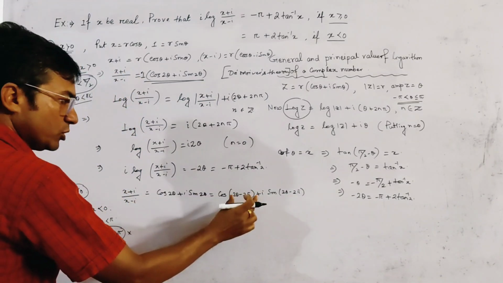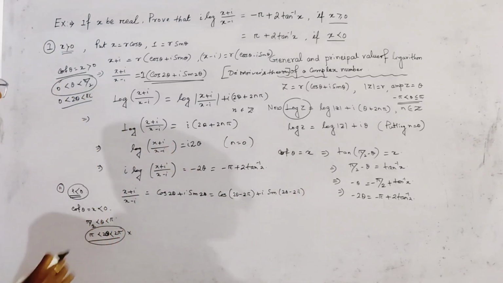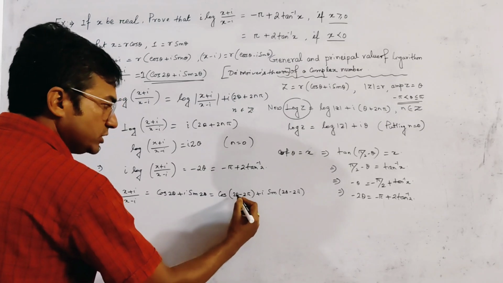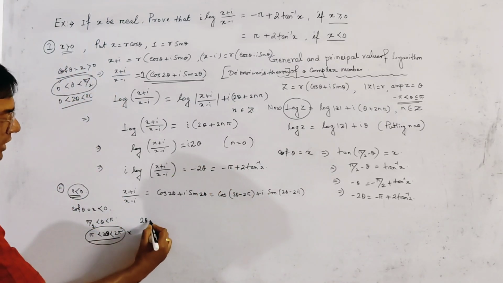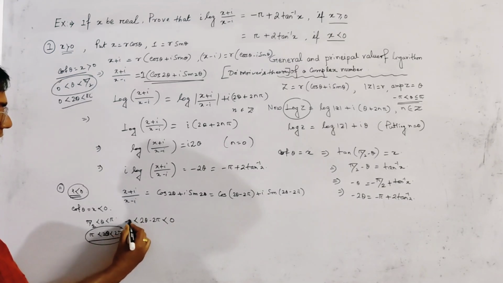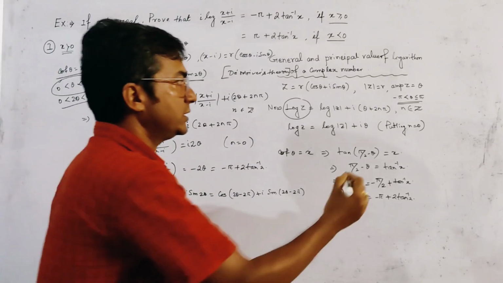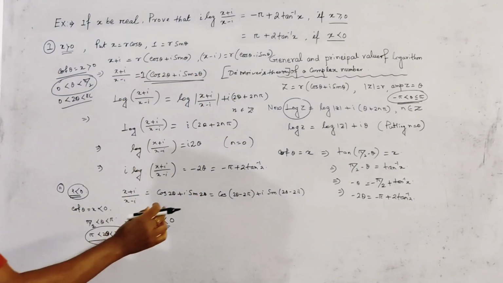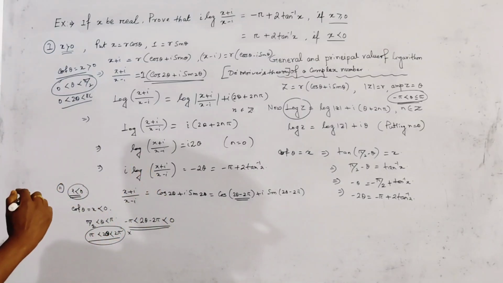Why do we write this? Because cos(2θ − 2π) is equal to cos 2θ, and sin(2θ − 2π) is also equal to sin 2θ. Now we see what the range of 2θ − 2π is. Clearly it lies between −π and 0, which is within the principal value of amplitude. So we get it as the principal amplitude of the complex number.